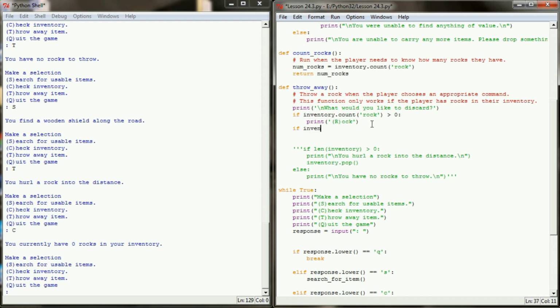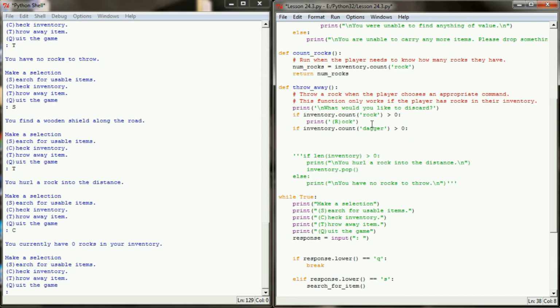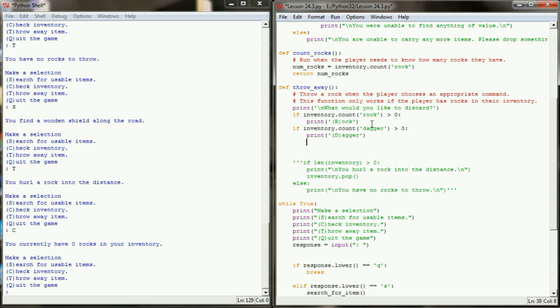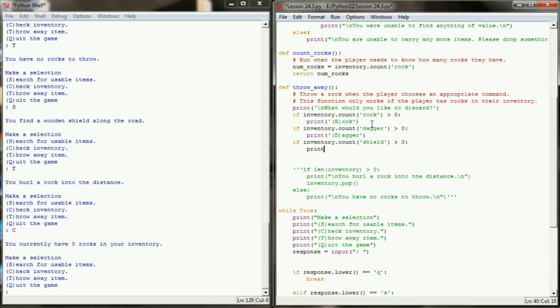If the inventory counts any dagger, and of course the user can only have one dagger, but we'll still use greater than 0, then we know that there's a dagger in the inventory, and we'll print dagger on the menu, giving the user the option to discard the dagger. And the last thing we need to account for is the shield. So if our function counts a shield in the inventory, that means shield will be greater than 0, and we'll print